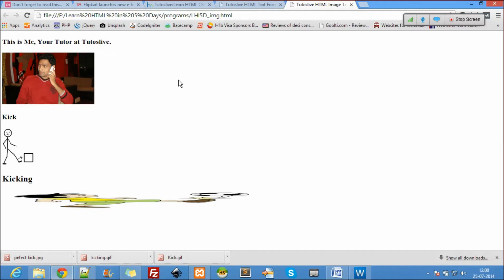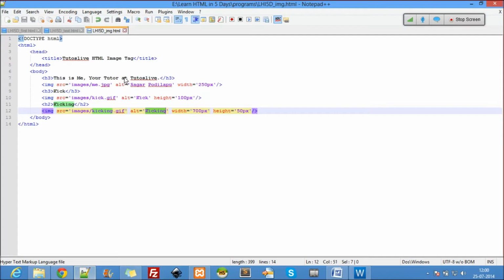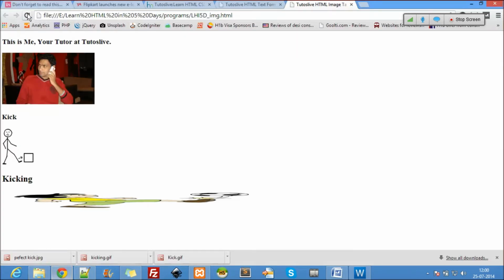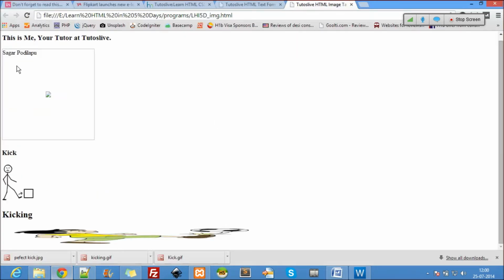Okay, so now coming to the alt part, right? I told you guys when to use alt. So now here I'll say me1.jpg. Do I have me1.jpg file in my images? Do I have me1? No, right? So I don't have it. So let us see what happens here. You can see it here. The alt will come up now when there is no image. Okay, the image is broken and the alt will be shown over there.